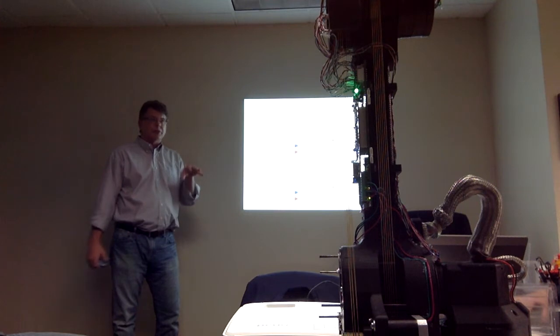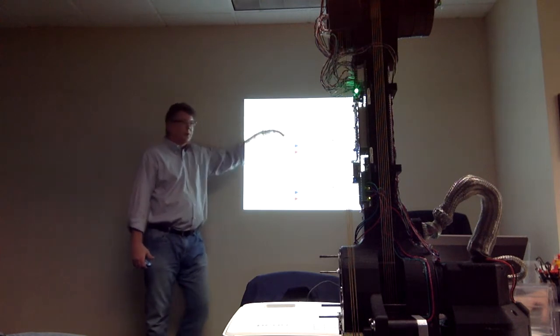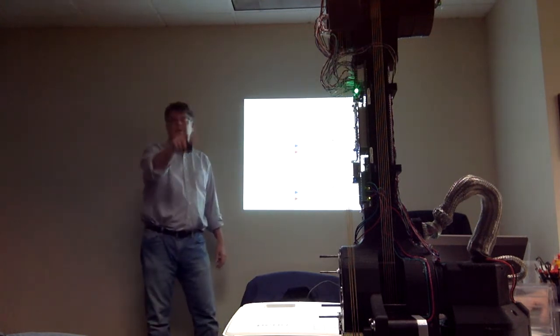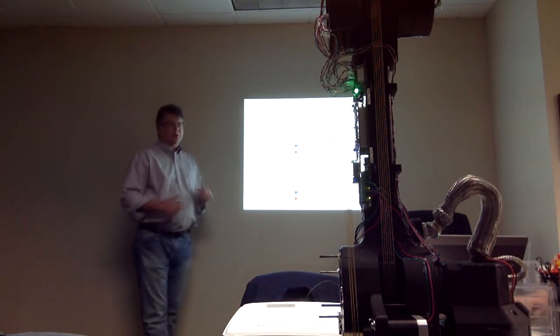We talked about the optical encoders. What are we doing with them? So by sending a sine, cosine curve, interpolating that, and then taking 2 million measurements a second on the robot is what gives us our precision. That's a lot of data you can run through a lot of different